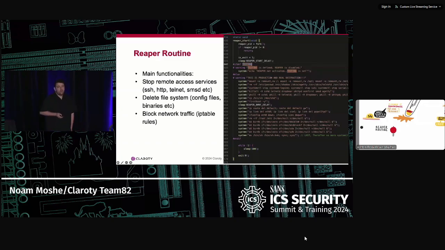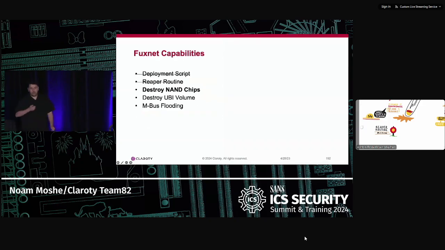And lastly, they set some iptables rules to block, making sure that no one will be able to connect to it through the network, meaning in order to connect to it, you have to be physically adjacent to the device. Now, once again, we're talking about tens of thousands of devices located all over Russia's major cities. So it could be very manual labor and very manual intensive. However, the fun part comes next, because after they blocked and stopped the services on the device, they actually moved on to physically destroying the device itself.